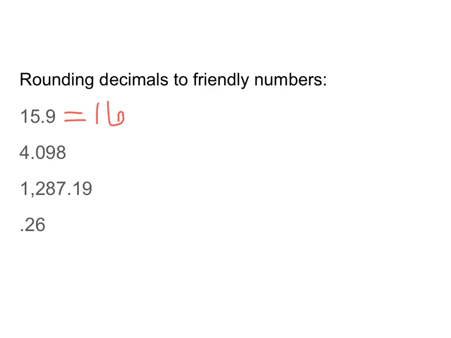4.098, 4 and 98 thousandths. That is very unfriendly, but it's really close to a very friendly number, 4. Now what about 1,287 and 19 hundredths? That's not friendly. It might be tempting just to round it to the nearest whole, because that's what we've been doing so far, right? So 1,287. But I still don't think that number is very friendly because it's so big. So I might actually be tempted to round it all the way to